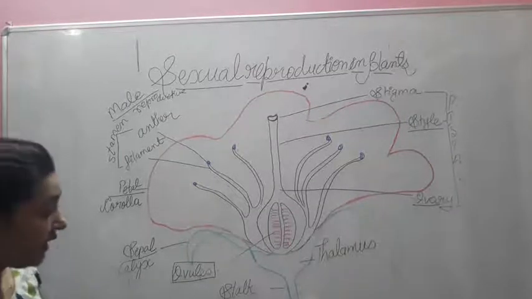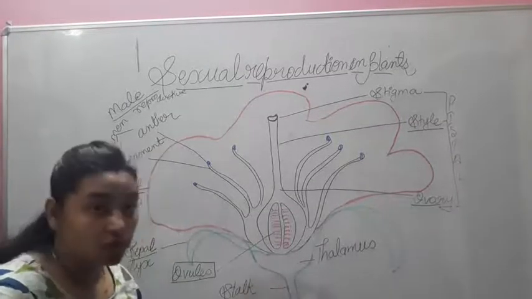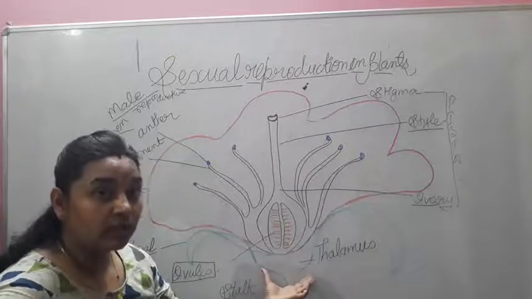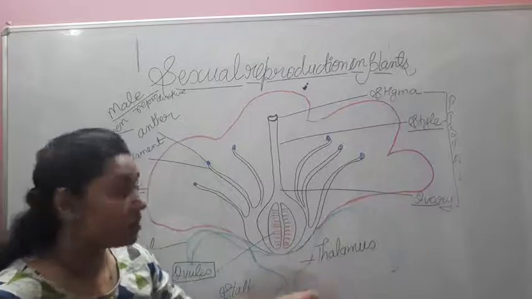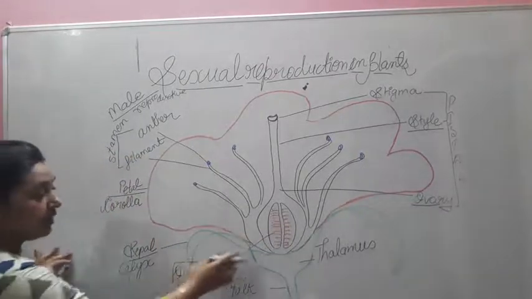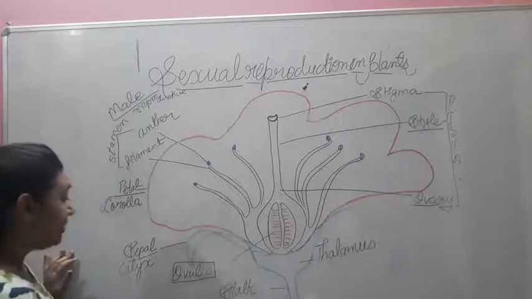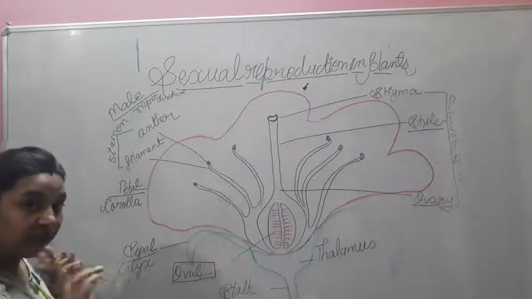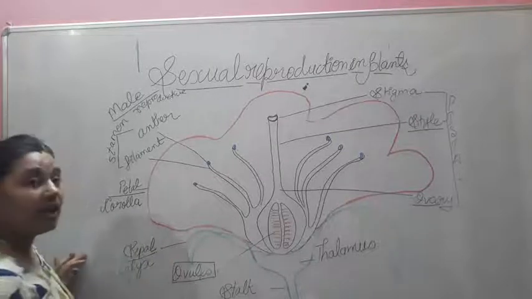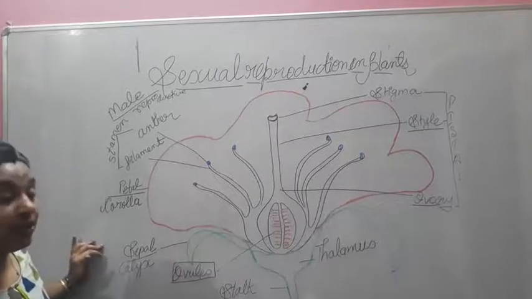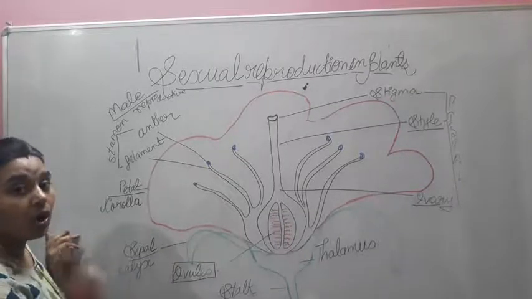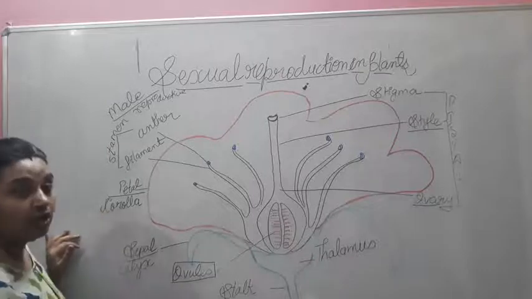Let us see this again. This part is called the stalk, which holds the flower on the stem. Its upper part is swollen, which is called the thalamus, and is responsible for holding the ovary. Then, when you look upward, a green leafy structure is present. Singular, it is called a sepal, but plural, it is the calyx. Just upward to it are the colorful petals. Singular, it is the petal, but all of them together are the corolla.